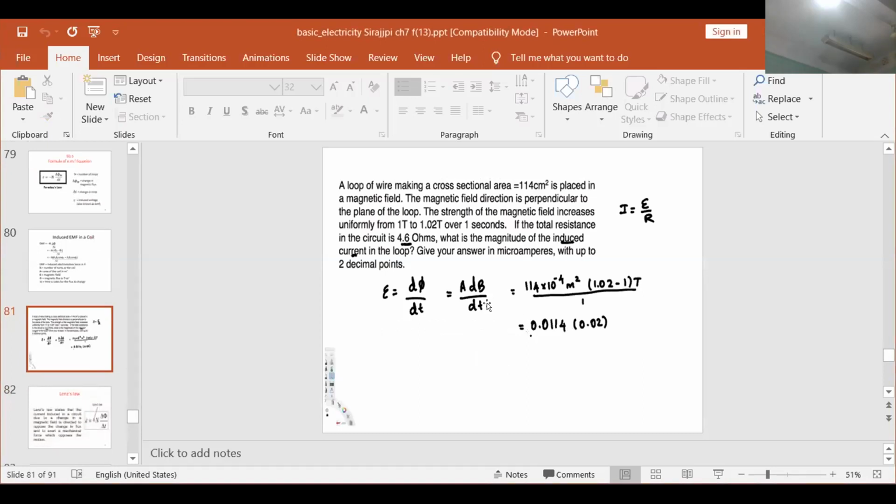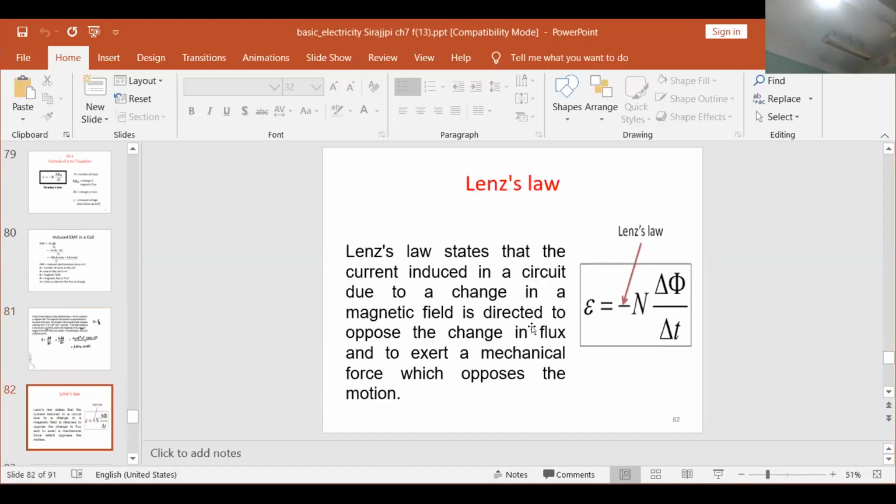এখানে আমরা একটা উদাহরণ দিয়েছি, e is equal to dφ by dt। এখান থেকে আমরা যেটি পাবো যে এর মান Δv by Δt।